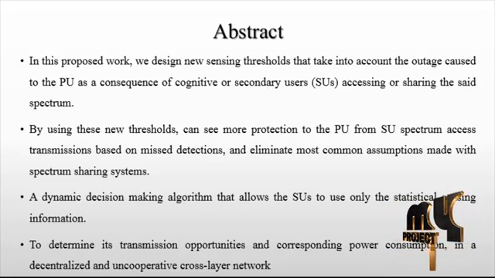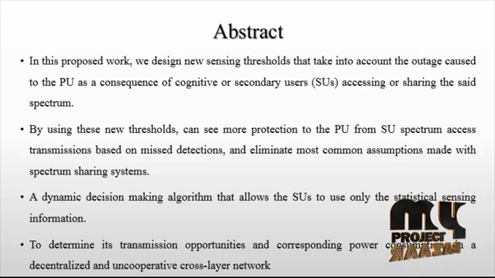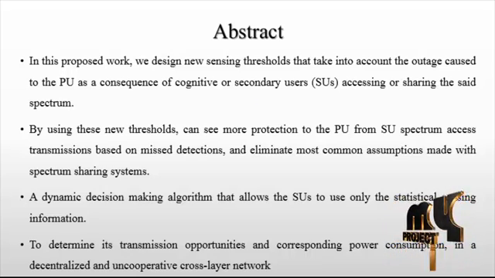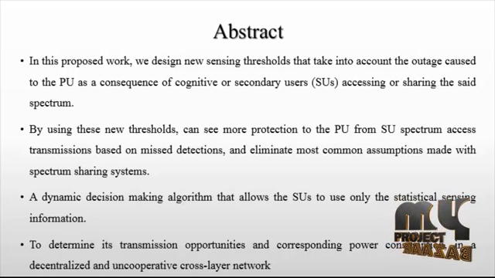Let us discuss the abstract of the product. Efficiency in spectrum utility has been a concern in wireless communication for a long time. Cognitive radios have been seen as a solution to occupy the gaps in the licensed spectrum through spectrum access and simultaneous spectrum sharing techniques. For this, spectrum sensing is involved in providing accurate statistical information regarding the licensed primary user